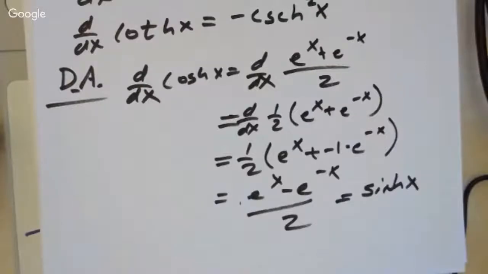It's weird how in hyperbolic, sine's derivative is cosine, cosine's derivative is sine. So it's weird just for sine and cosine how it returns the original function, not the negative of the original function. It makes sense if you look at the graphs. But for the context of this class, this is what you need to know. There will be one problem on the multiple choice that will ask you to do this. Again, at the start of the year, they give us a giant list of things we have to cover, and this just happens to be one of those things.